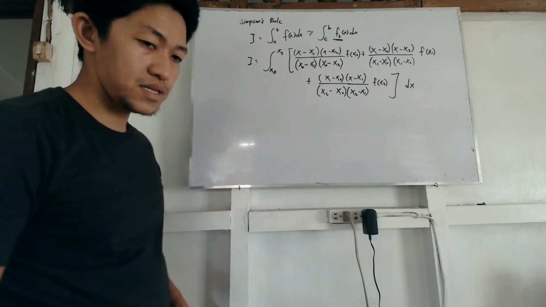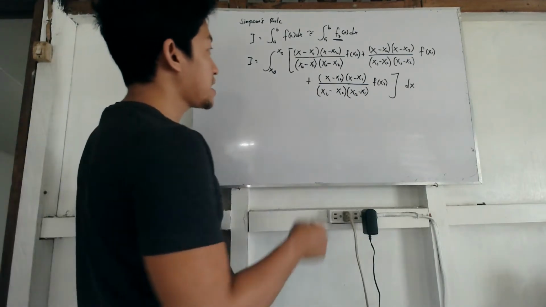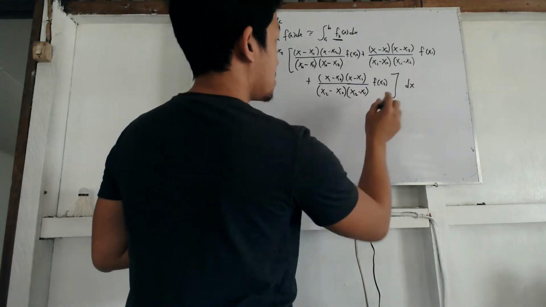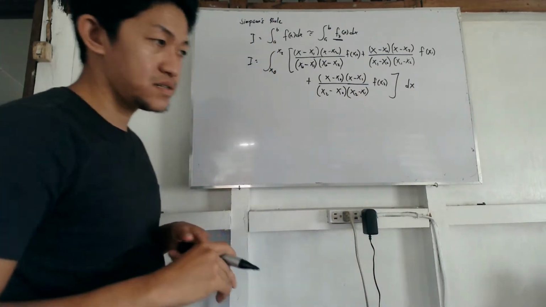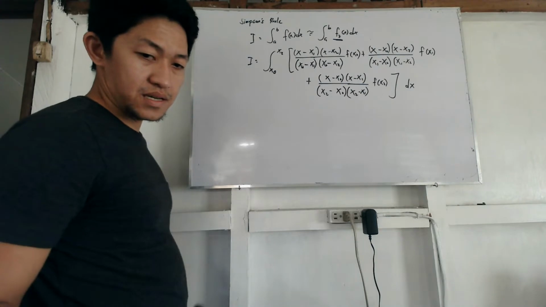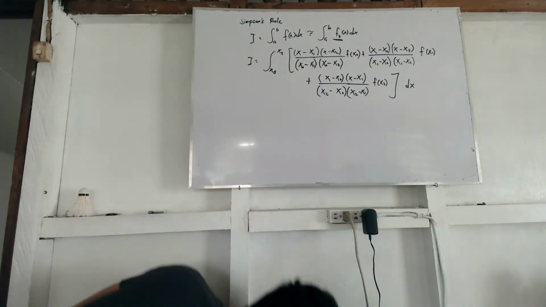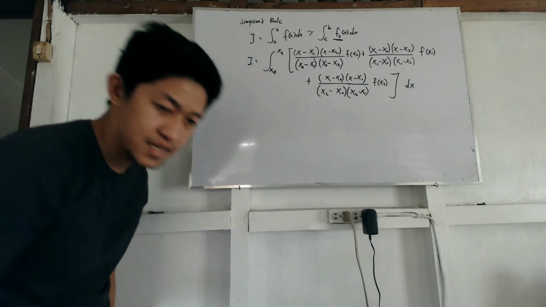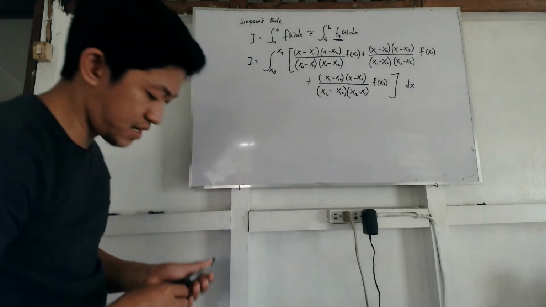So this is the Lagrange polynomial. It's a bit long, isn't it? But when we evaluate this one, this will become